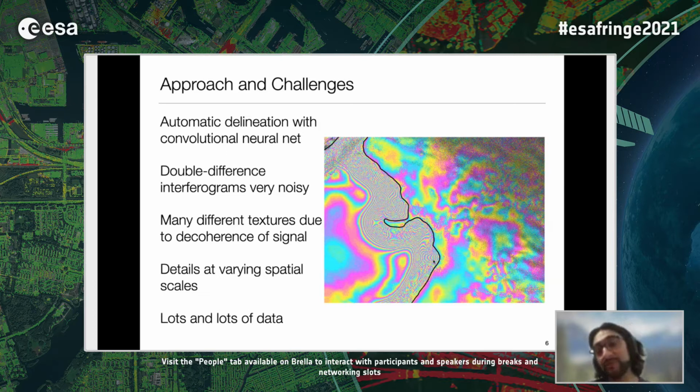If I zoom in on any one portion of this image and don't tell you what you're looking at, it's harder to know, as opposed to a natural image. So it's equally hard to train a neural network to get the proper spatial context to delineate the grounding line. And there's lots and lots of data, and building the proper pipeline to handle that is also its own